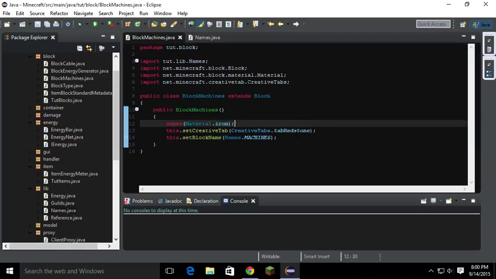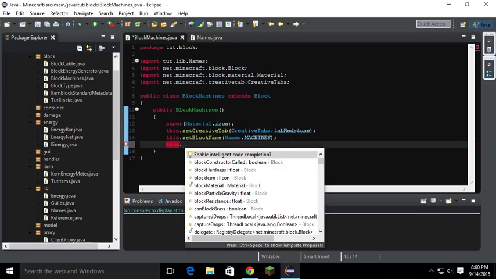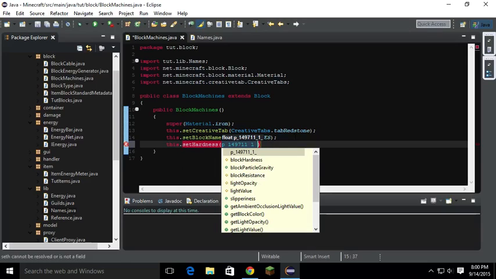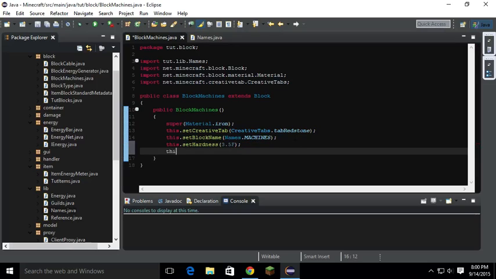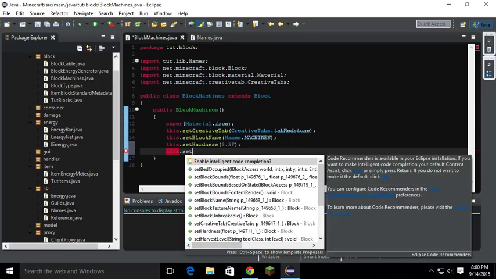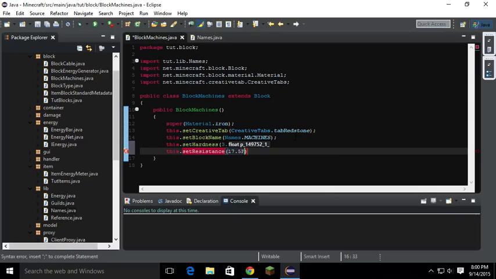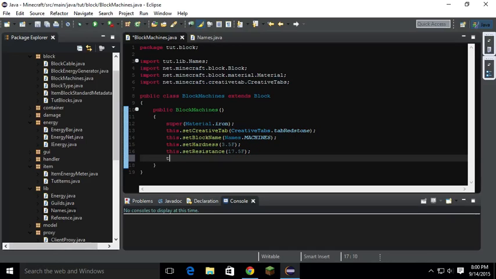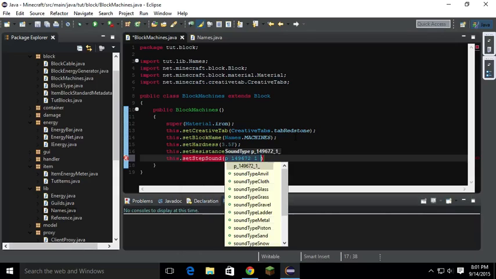Whoops. Then after that we are going to do the hardness, so we're just going to do this dot set hardness. We're going to call it 3.5 floats, and then we're going to do this dot set resistance 17.5 float, and then we're going to do this dot step sound, and we're going to do sound type metal,